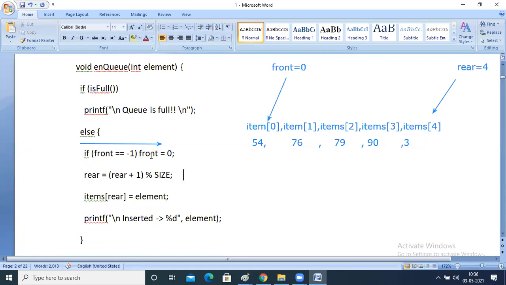I think many of you don't know this symbol. This gives the remainder when a division happens.